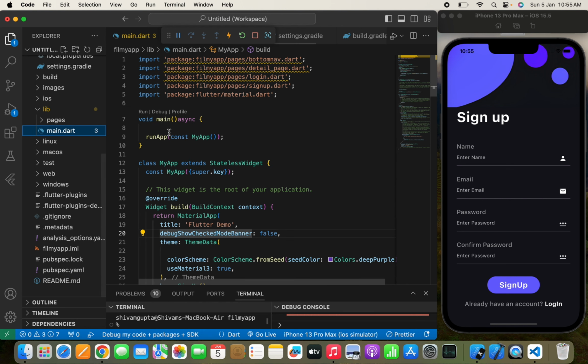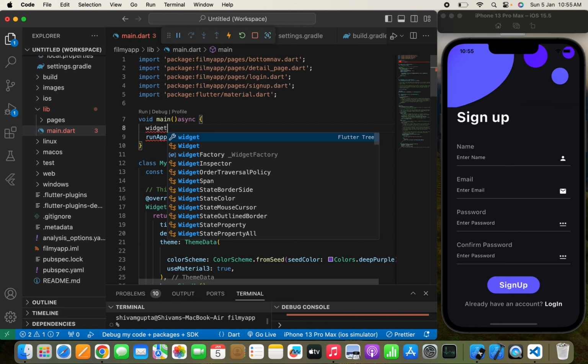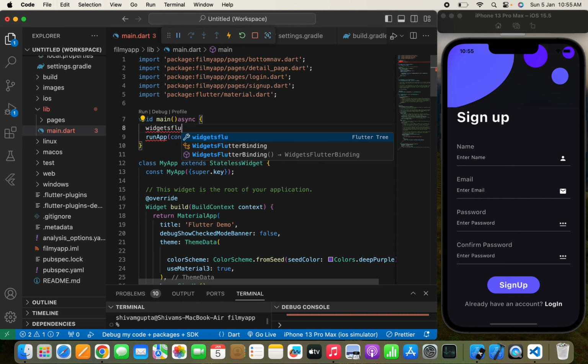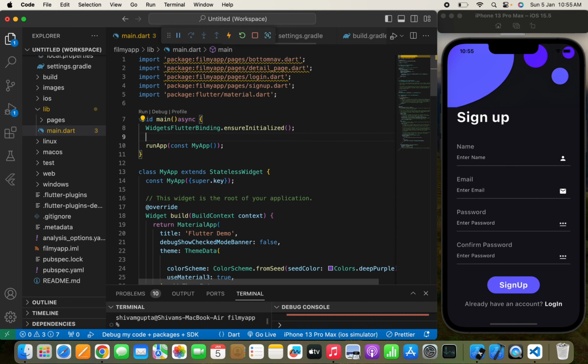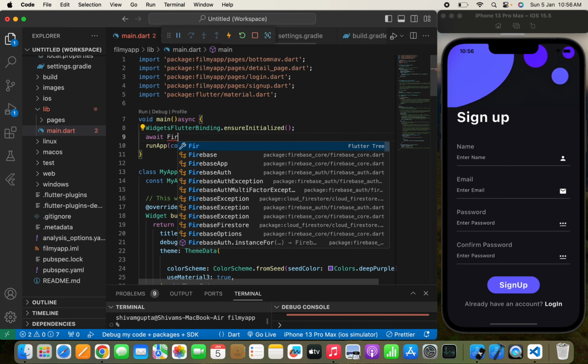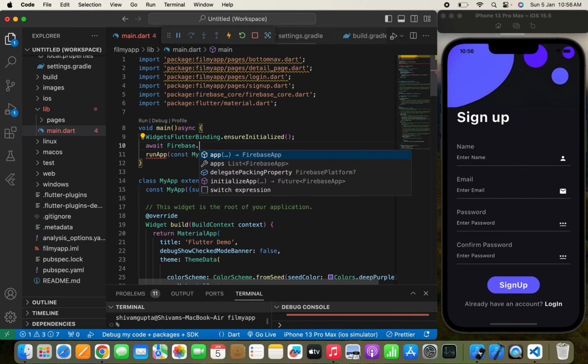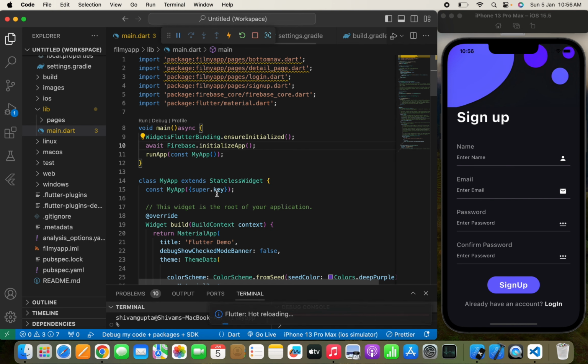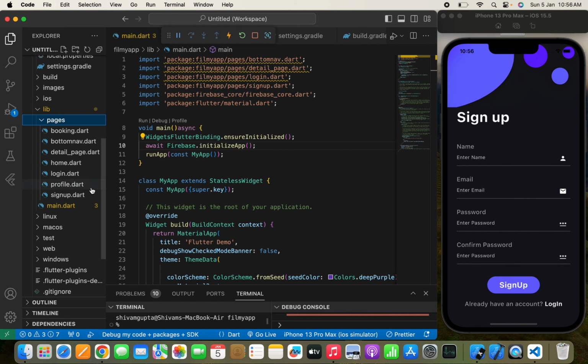Yeah, now let's move to the main.dart, and here we just need to write WidgetsFlutterBinding.ensureInitialized, and I just need to pass await Firebase.initializeApp. So these are the two important lines to activate the Firebase in our app. Now once we have connected a Firebase for both Android and iOS, now we need to add a backend for